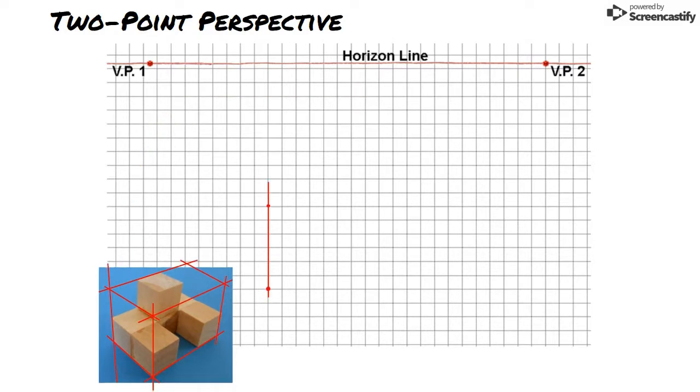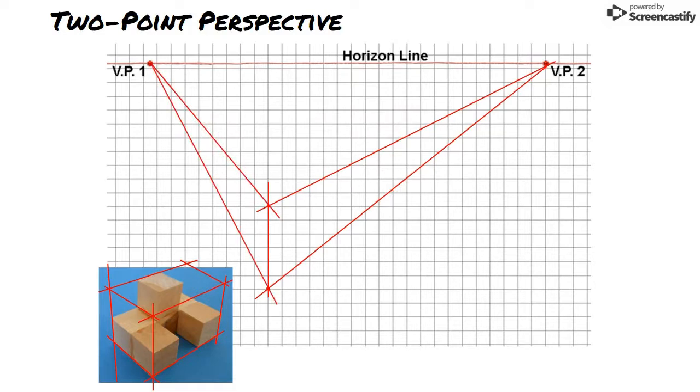Then sketch a construction line from each point on the vertical line to each vanishing point. Now sketch points and vertical construction lines to represent the overall width and depth of the object. You will need to estimate the location of these lines to make the box proportional. Now sketch construction lines to represent the top back edges of the box. With the box complete, sketch points and construction lines to identify the edges of the object's faces that occur on the visible surfaces of the box.